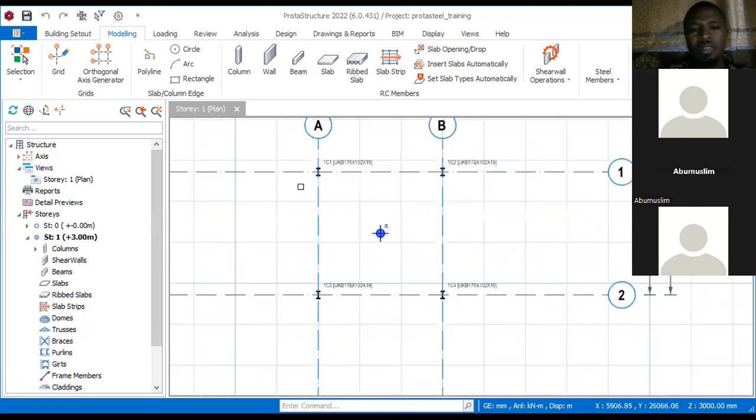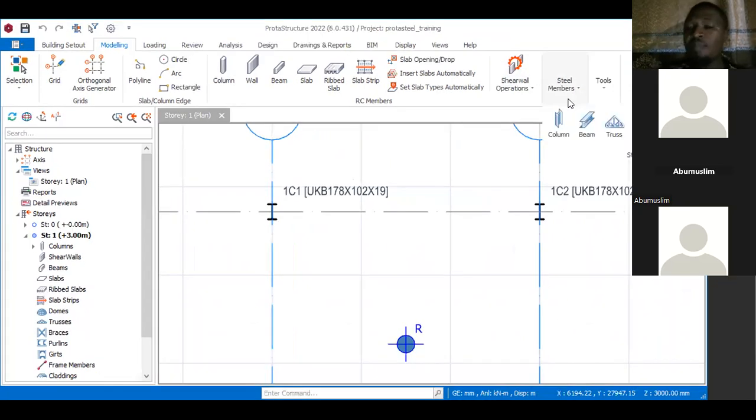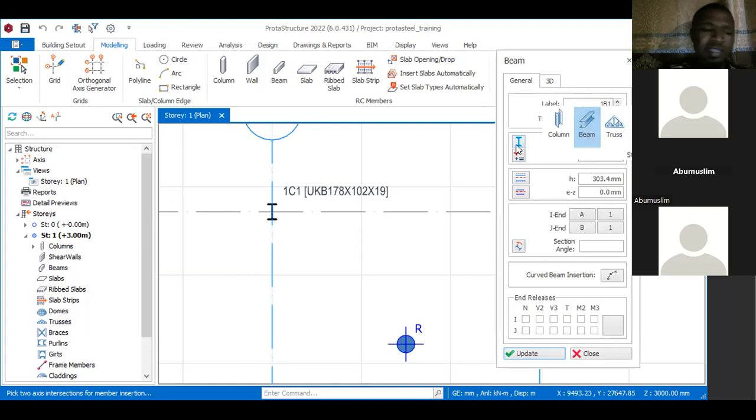So this is the steel section which we have picked. Okay. Then I am going to pick a section for my column. Okay. So let me come to my steel member. Sorry, for my beam rather. I have inserted my number of stories. I'll come to my beam and I'll click on my beam. Similarly, just like the way I did for my column,